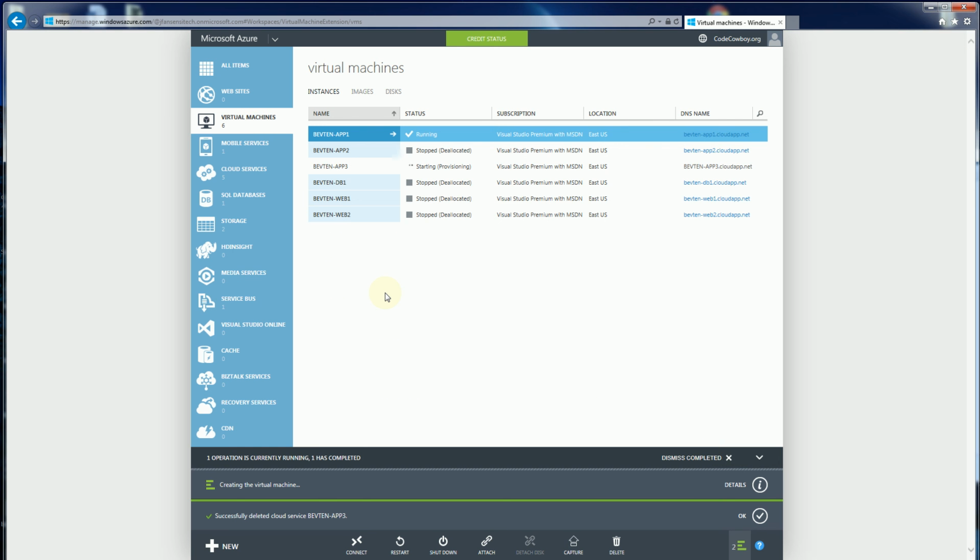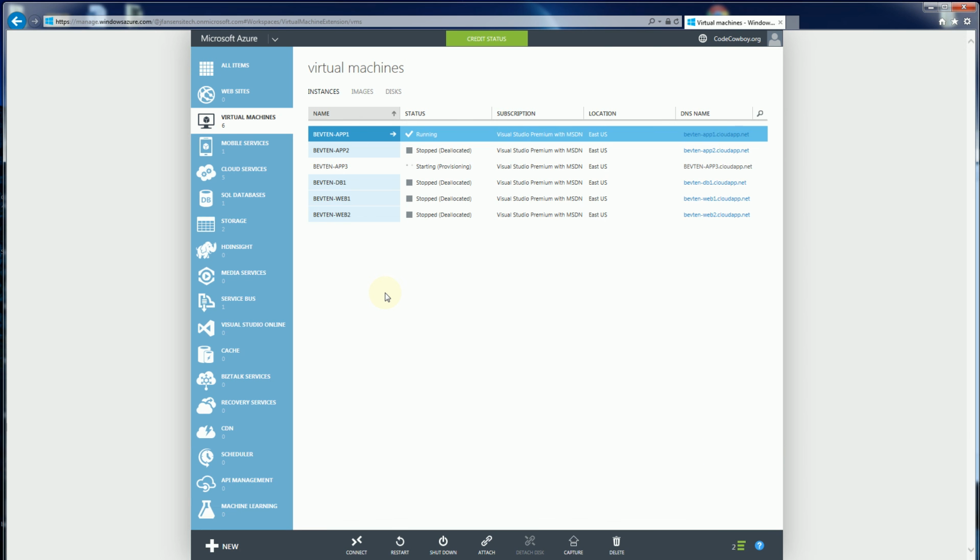So that's really it. That's how you move a VM that's outside of a network into a specific virtual network,